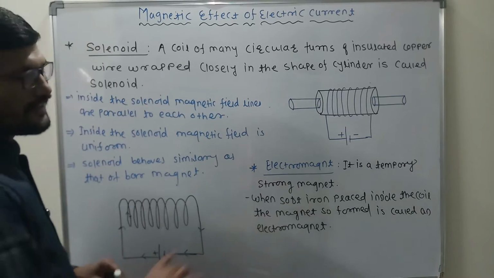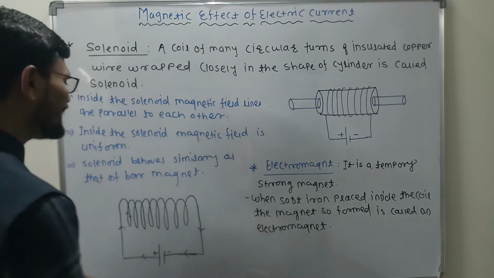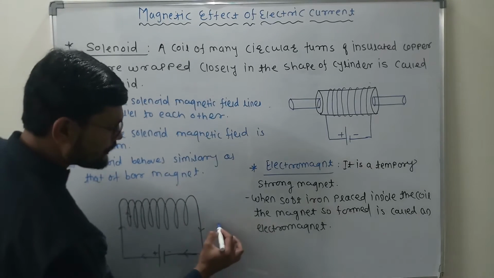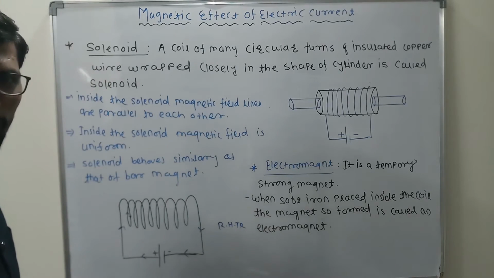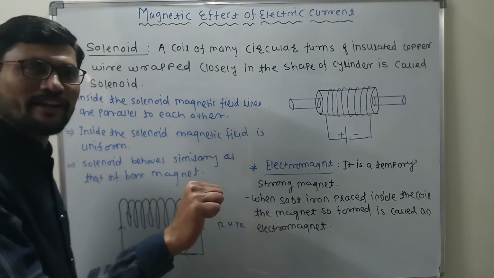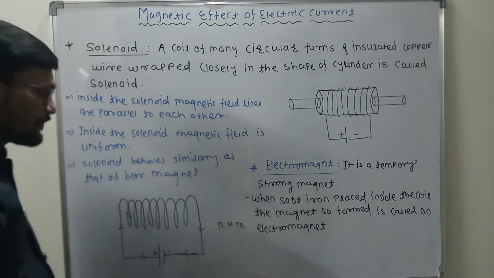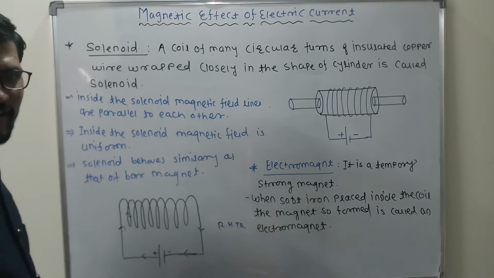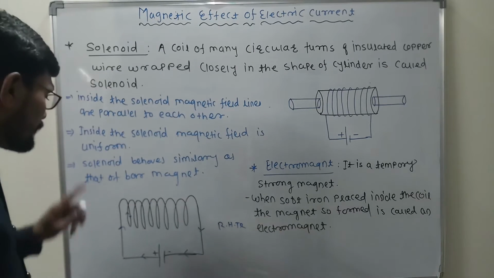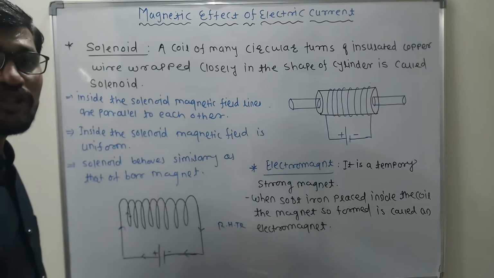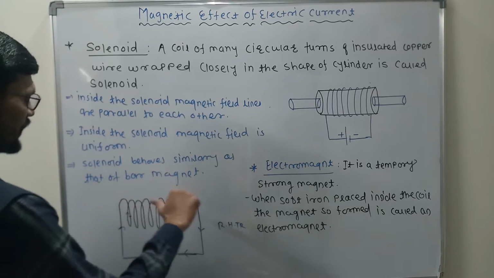Now what have we seen? We have seen in the case of the circular loop, we have applied which rule? Right hand thumb rule. Which rule? Right hand thumb rule we have seen. What is the right hand thumb rule? The thumb indicates the direction of the magnetic field and the curved fingers indicate the direction of electric current. Now we know the direction of the electric current. Clear? Now curl your fingers in the direction of current, so that we will get the direction of the magnetic field. So the fingers are curled in the direction of the current, and this is the magnet.